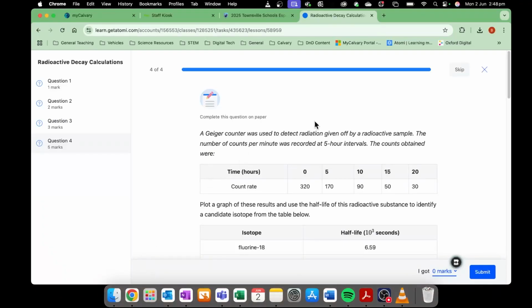All right, we're looking at question 4 here. A Geiger counter was used to detect radiation given off by a radioactive sample. The number of counts per minute was recorded at 5-hour intervals. The counts obtained were in that table. Plot a graph of these results and use the half-life of this radioactive substance to identify a candidate isotope